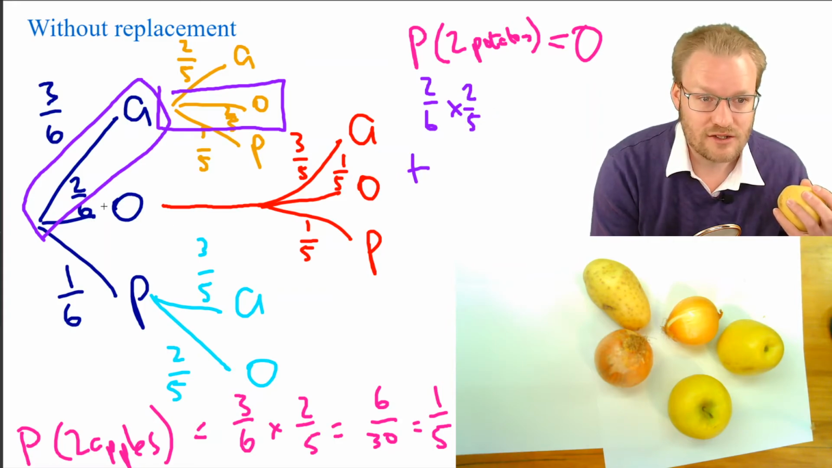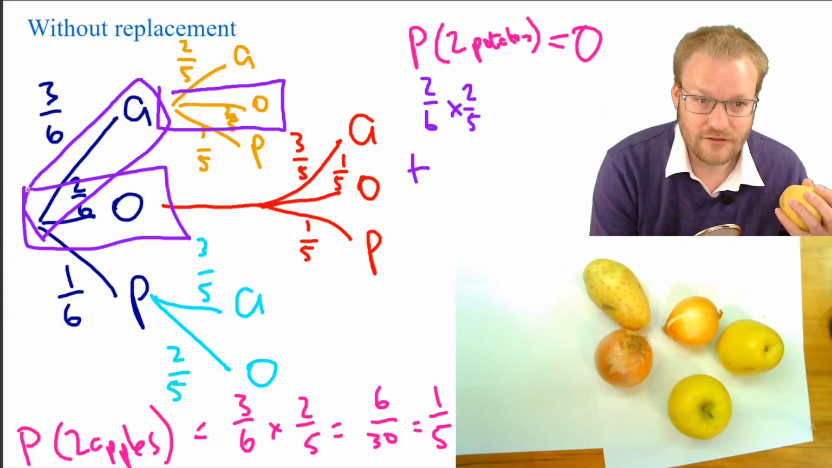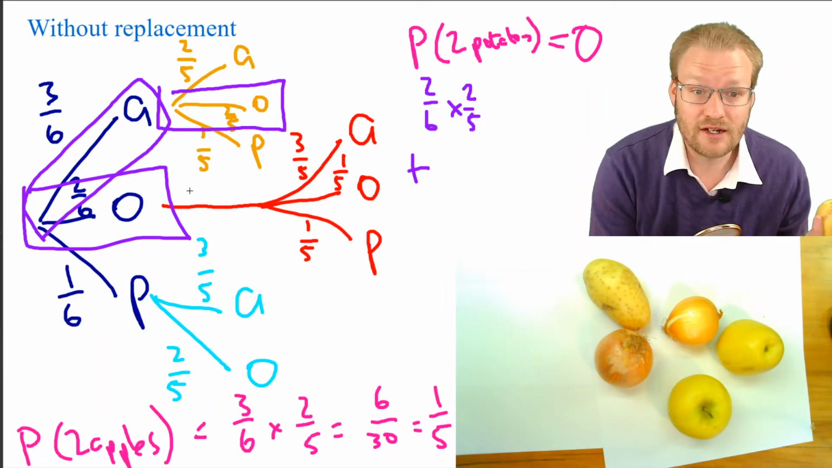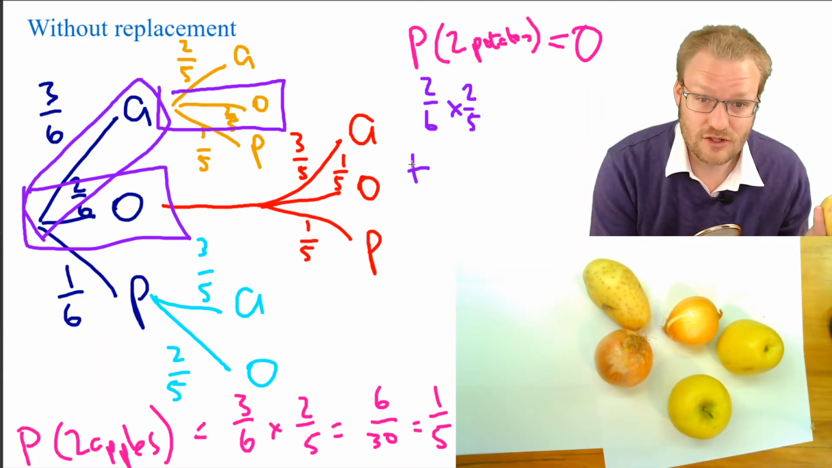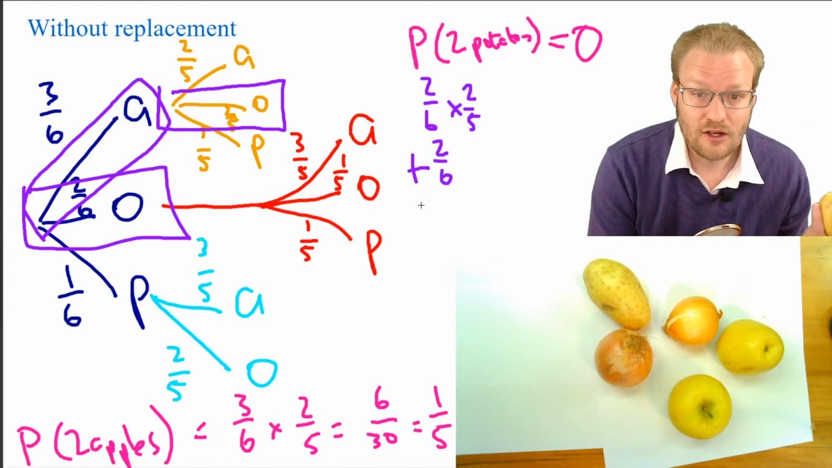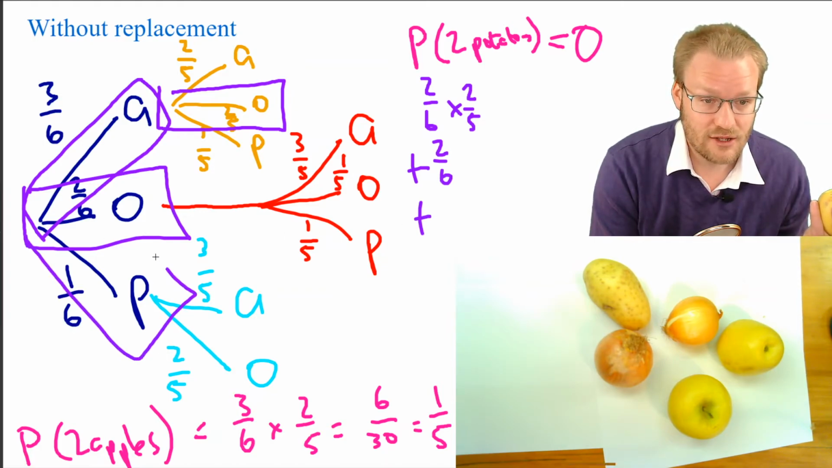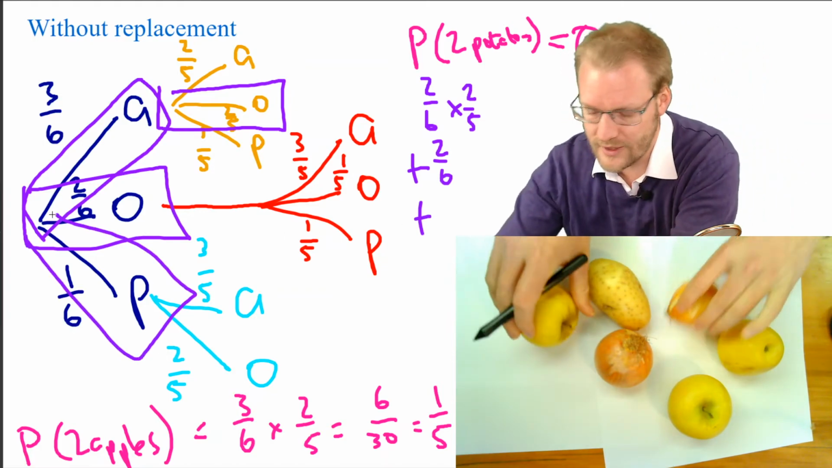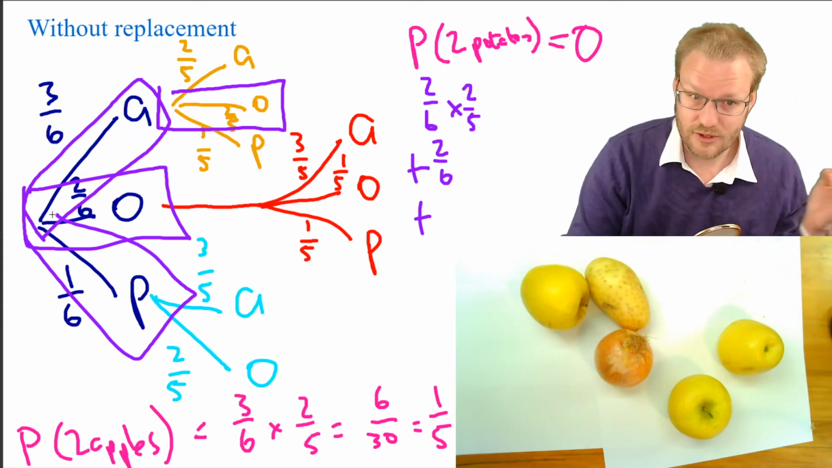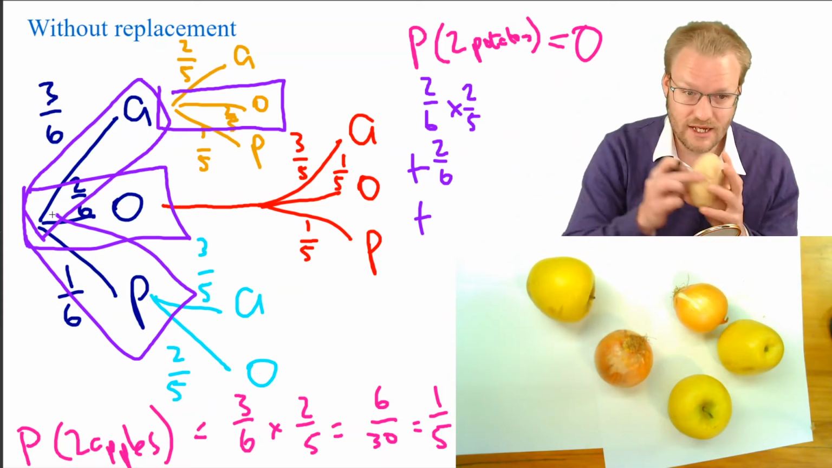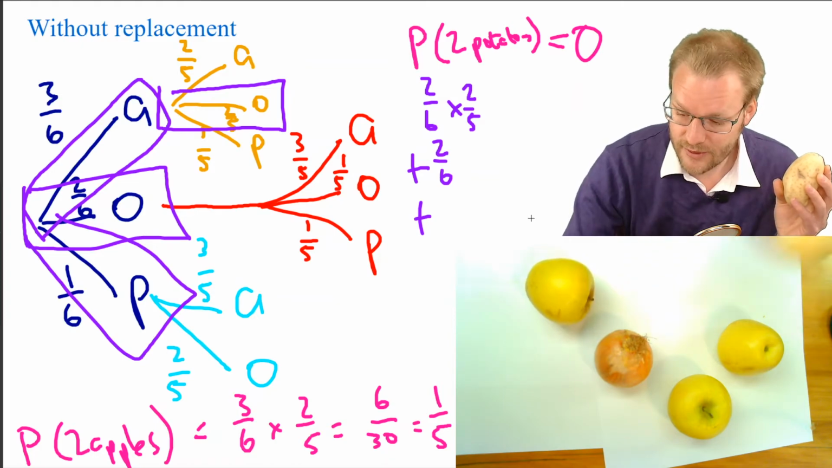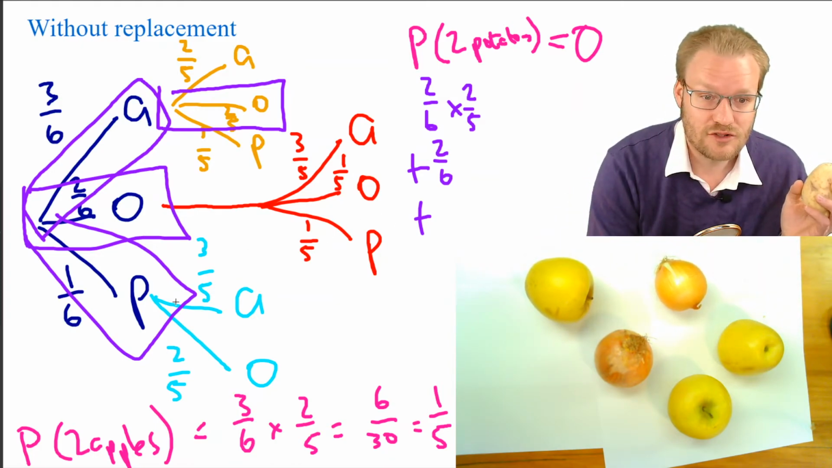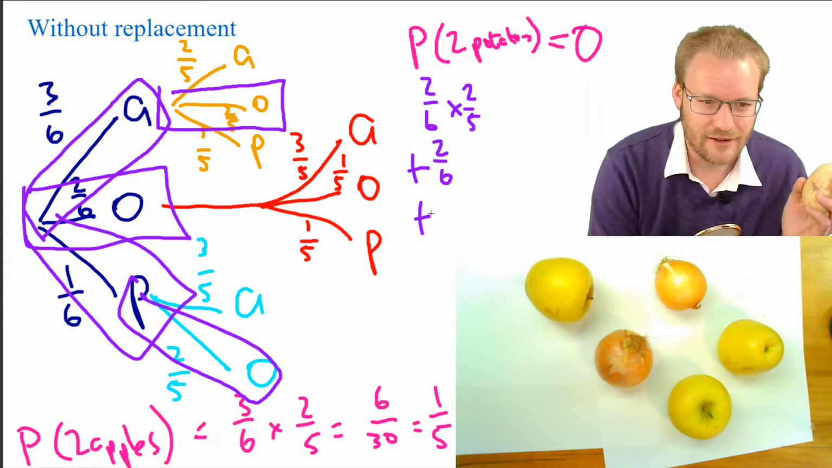Then we need to add. We could pick out an onion on the first go, and then it doesn't matter what we do after that. So we've just got that 2 over 6. Plus, if we picked out a potato, so if we picked out an onion the first time, it doesn't matter what we do. If we pick out a potato, then our second pick has to be an onion. So we're going to go down here, we're going to go down here and say 1 over 6 times 2 over 5